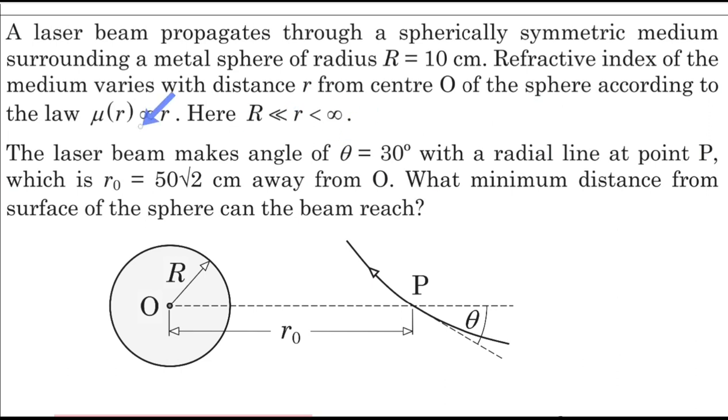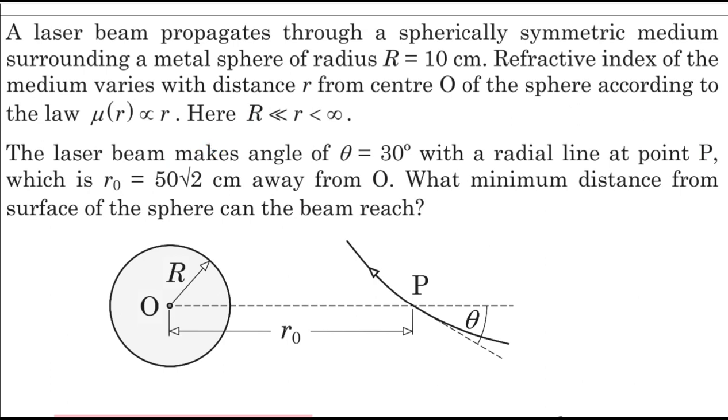here entails one specific thing for which we are going to use a special result, and that result will be very useful whenever you encounter a situation where the medium's refractive index is changing, but the change is spherically symmetrical, right? So in this case also the refractive index is directly proportional to distance r from the center point O here. So this is a case of a spherically symmetrical refractive index of the medium.